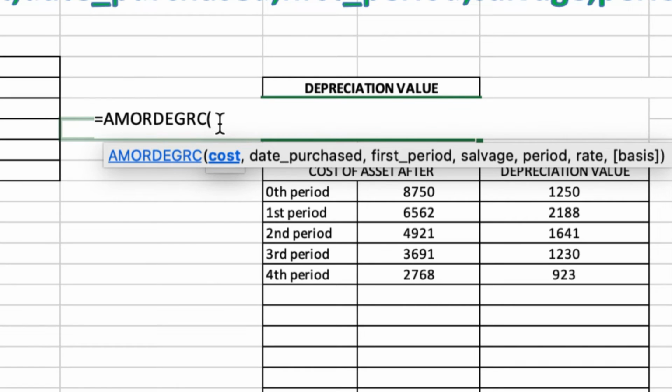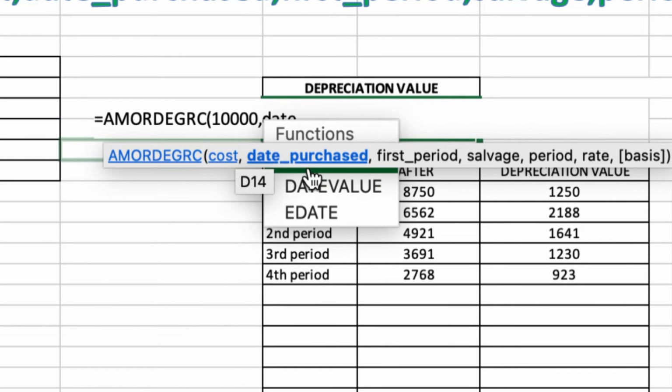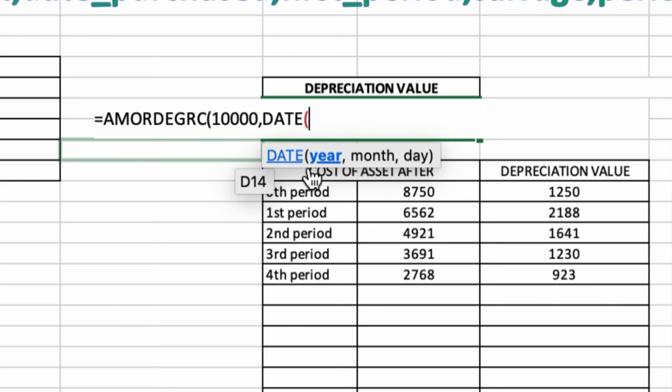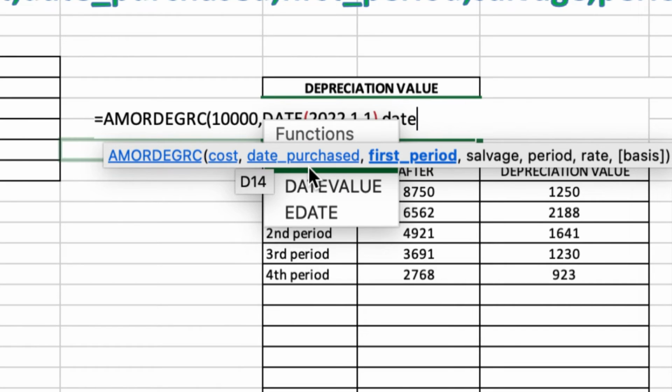As we enter, the cost is 10,000, comma, the date purchased, 2022, first month and first day, and the first period is again a date function,